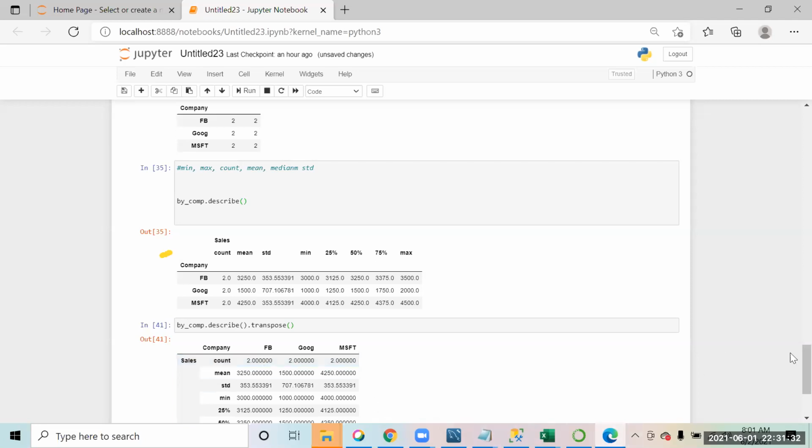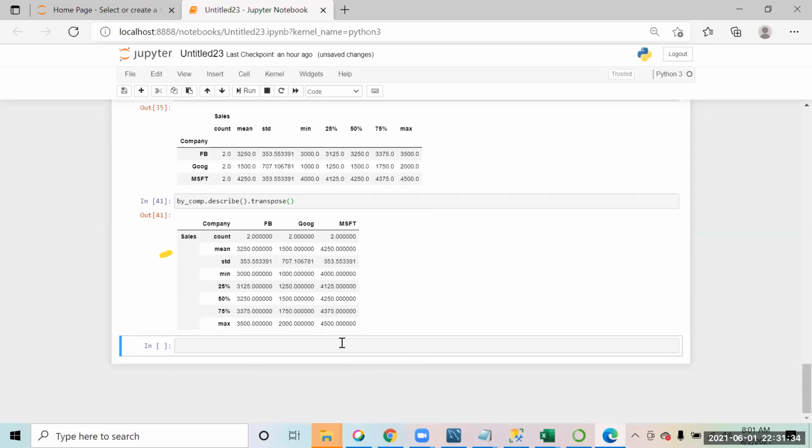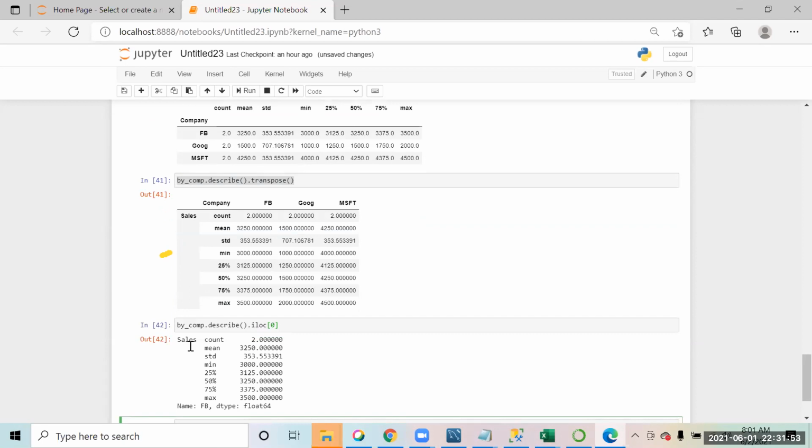If I don't transpose it, we'll have to use dot iloc 0. For column number, we can straight away give that, and for the row number we use iloc, the index location, where we can give row and column. Maybe you'll have to transpose it again and then it will be for Facebook.